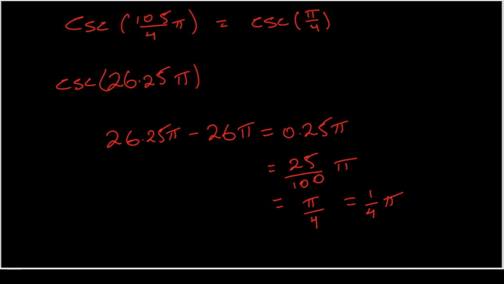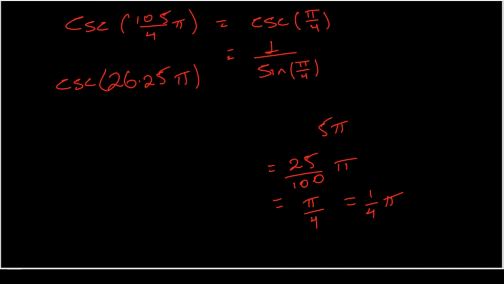Now we know that cosecant means 1 over sine theta. So 1 over sine, instead of theta, we substitute the value, which is pi over 4. When we substitute pi over 4 in our calculator, we find that it is equal to root 2 over 2,